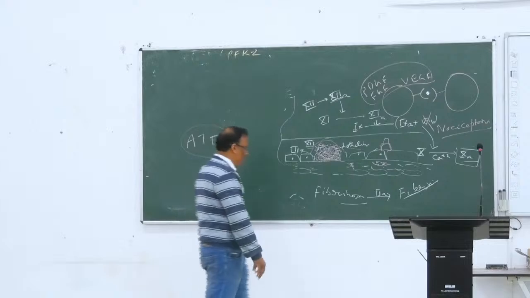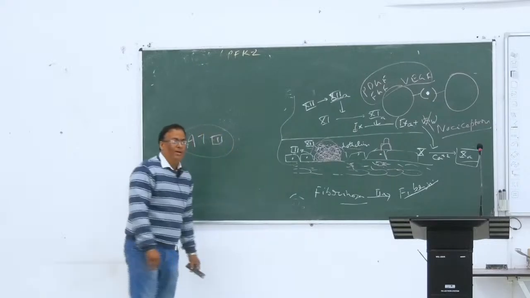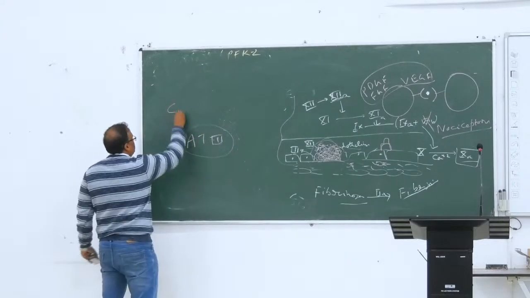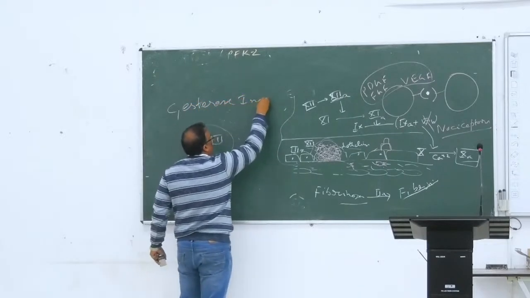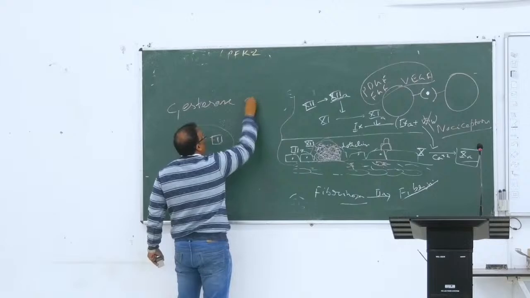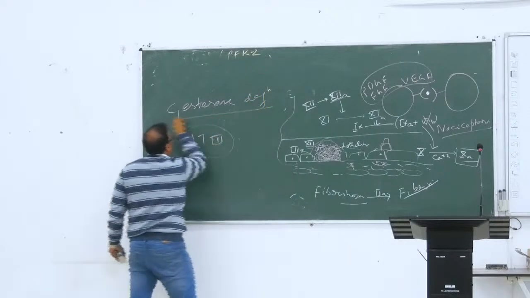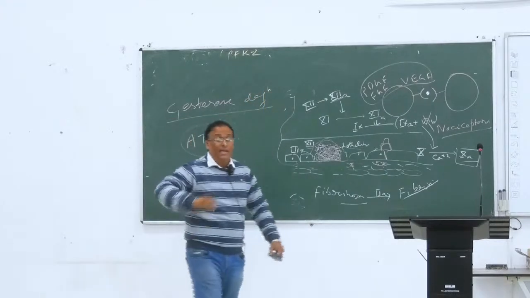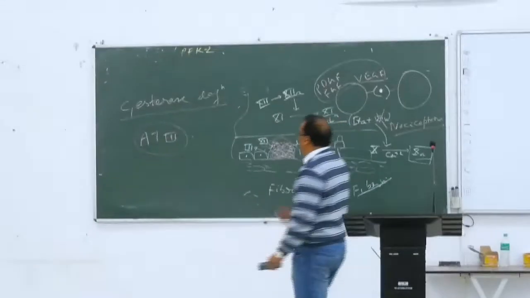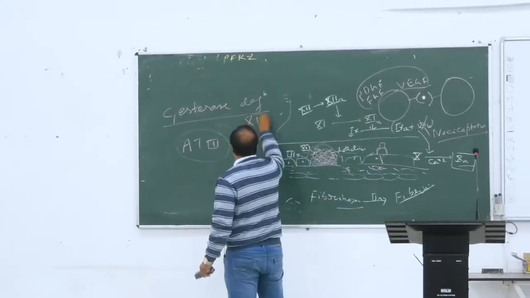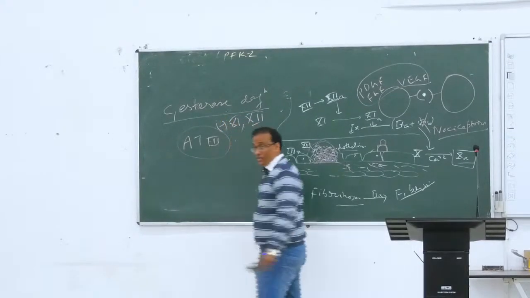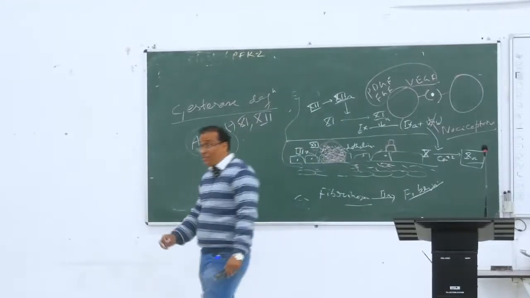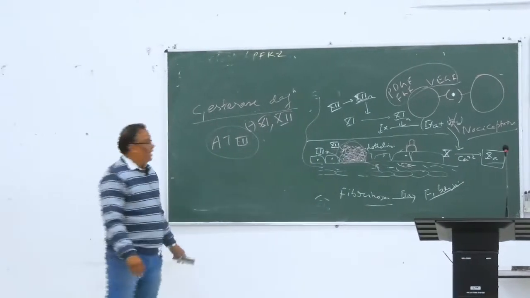Then what are those? Number 1 is C1 esterase inhibitor. C1 esterase inhibitor, or its deficiency, right? C1 esterase inhibits factor 11 and factor 12. It inhibits the factor 11 and factor 12. The inhibition occurs. If it is deficient,